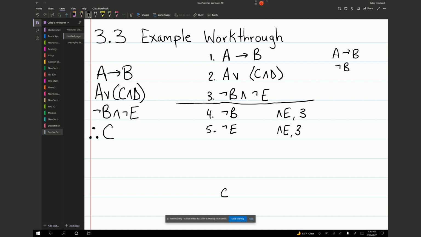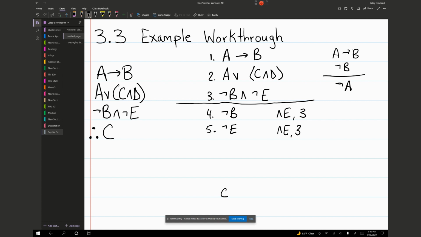And the answer is yes. Remember, we have a rule that says if the consequent of your conditional is negated, so if you know the consequent of your conditional is false, then you know the antecedent is false. Then you can conclude not A. So we have a rule that says if the consequent of your conditional is false, then the antecedent